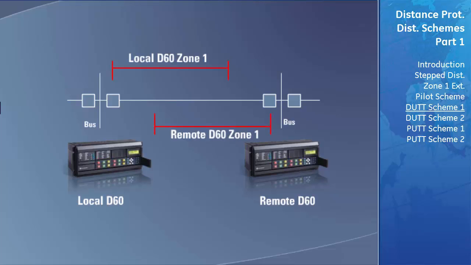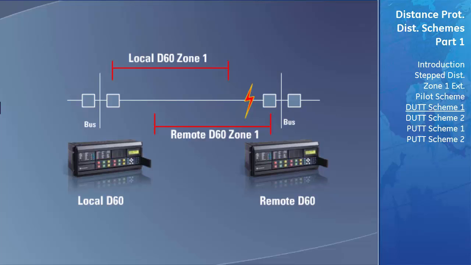As we saw in the stepped distance scheme, when using the DUTT scheme, faults that occur in the middle of the transmission line, or both Zones 1 of the local and remote relays, will still trip as normal and clear instantly at both ends of the line. Faults that occur in the local D60's end zone of the transmission line will be cleared at the remote end of the line instantly by the Zone 1 element of the remote relay. The breaker at the local end of the line would normally not trip until the timer of Zone 2 had